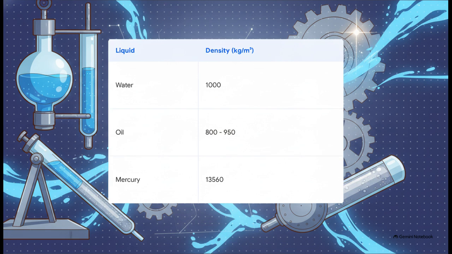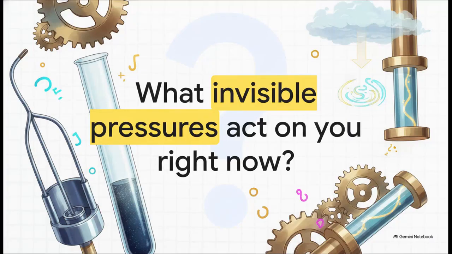So if we need to measure a much higher pressure without building a glass tube that goes straight through the roof of our lab, we just use a heavier fluid like mercury. It requires a much shorter column to balance the exact same amount of pressure. Pretty clever, right? We've really gone from the invisible mathematics of force and area right down to the heavy liquid